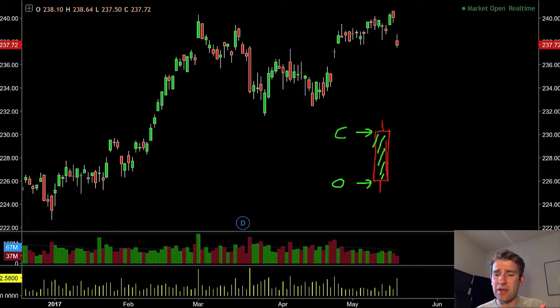Let's assume this is the candle we're talking about. So the next day we get this scenario where the price opens here. Now that is a much more significant gap, because that is gapping out of the prior day's range. If that was the high of the day and the low of the day, there's the range of the day. If that's the open of day two, then that's much more significant than if we gapped here, which would still be a gap because there's your closing price here, here's your opening price here. So that here is still a gap down, but it's nowhere near as significant as a gap that is gapping out of the range.